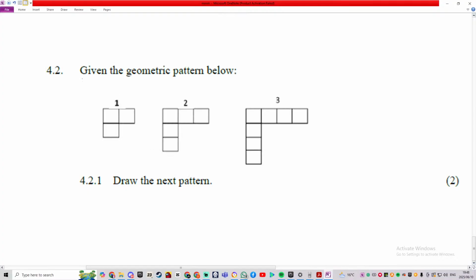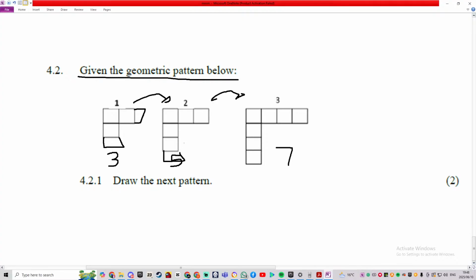Okay. Given the geometric pattern below, draw the next pattern. Here we have 3. Here we have 1, 2, 3, 4, 5. So we have 3 blocks here. We have 5 blocks here. And we have 7 blocks here. So can you see that from this one to this one, all you did was add a block there and a block there to get this one here. And to get to the next one, all you did was add a block there and a block there. So for you to get the next one,